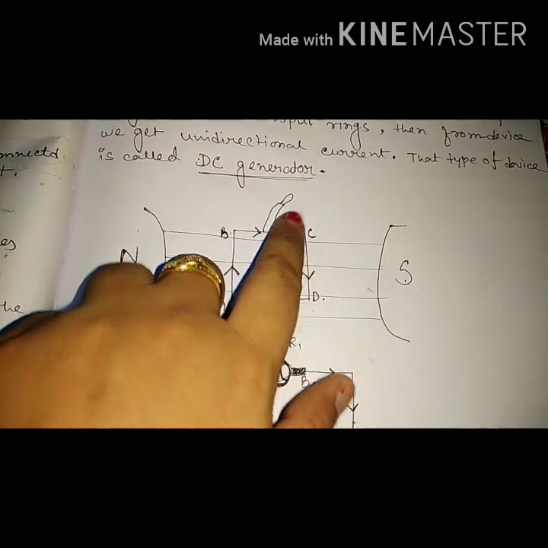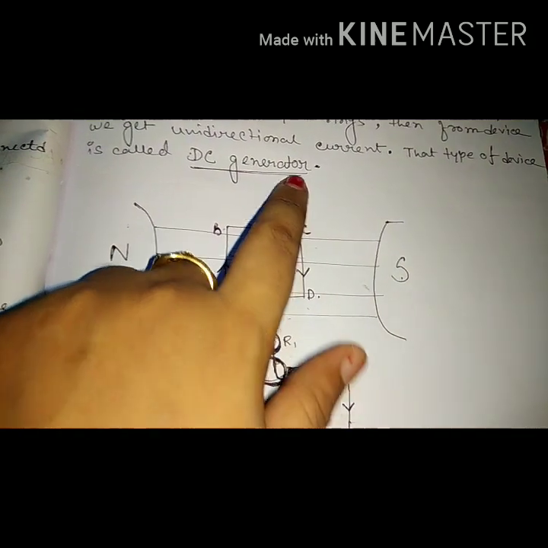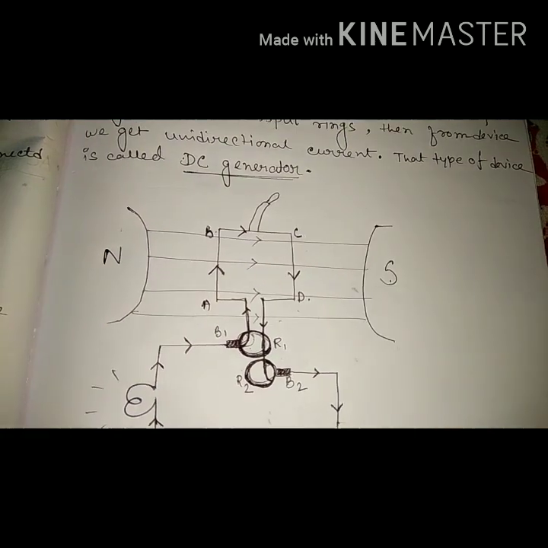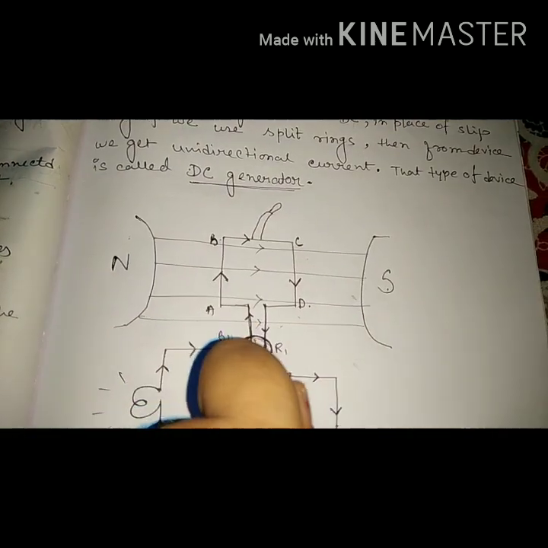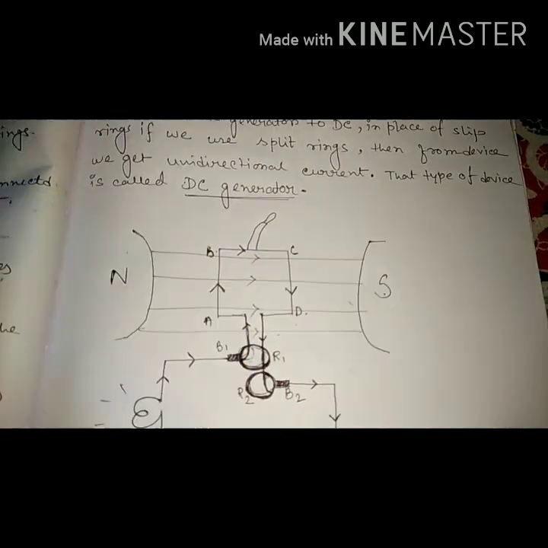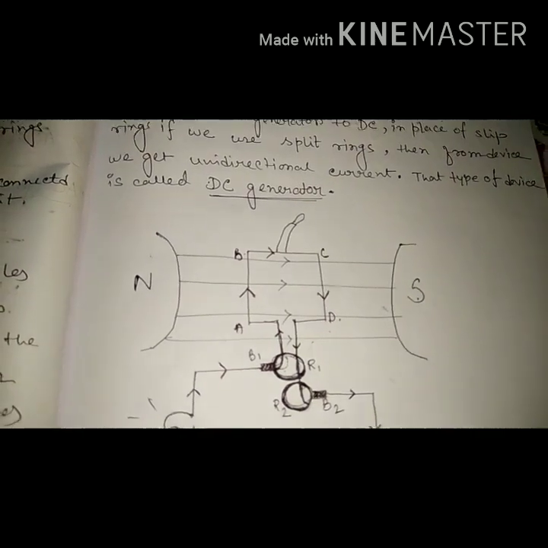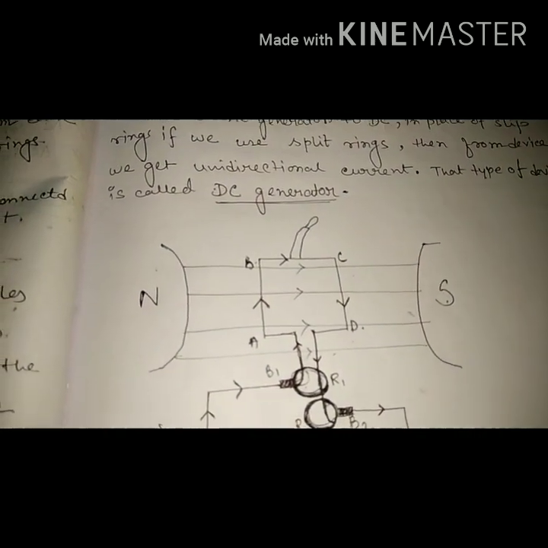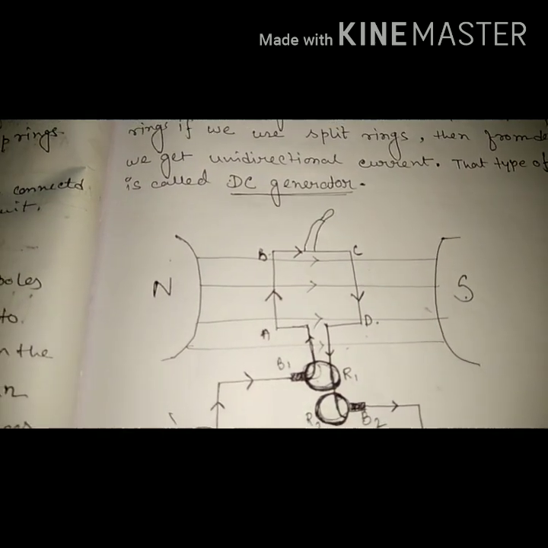And one handle is attached over there. In some books, in between these two rings, one axle is there. With that axle it will rotate. Or you can write that a handle is attached outside the electric generator, with which we can rotate this coil from the outside of the device.